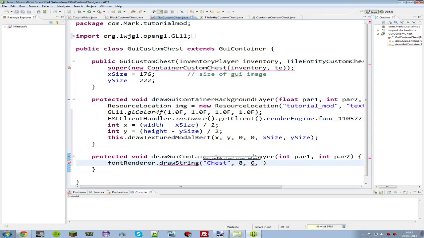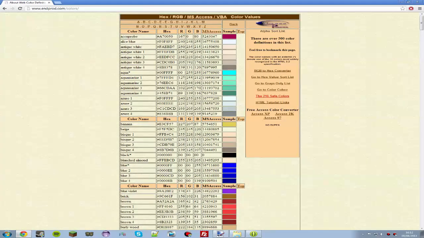and the default colour for Minecraft text in these things is 4210752. This is actually what's called an MS Access colour, and it's just a kind of number representation of an RGB colour. I suggest that if you want to change this, don't just type it in at random. Go into Google and type in MS Access Colours, and the first website you'll come across is this,